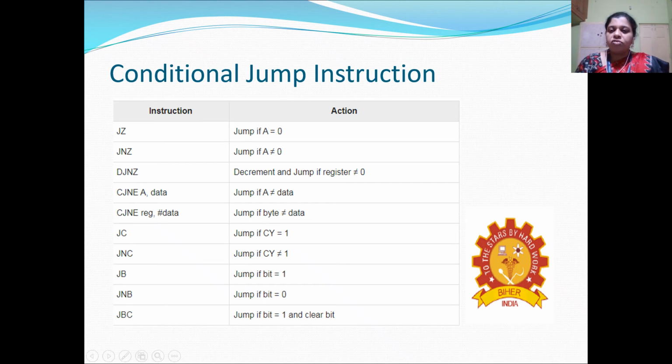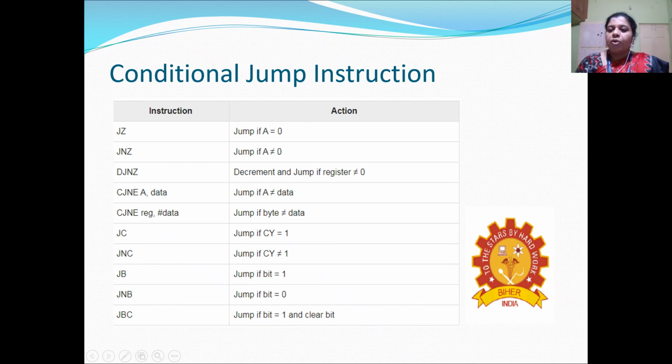Then JNZ, jump on no zero, that is if the accumulator value is not 0, then we have to move on to that particular location. The meaning of DJNZ is decrement and then jump if no zero value is obtained. Then CJNE A, data.